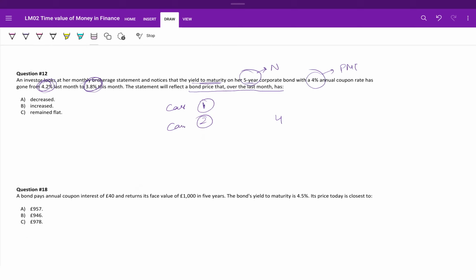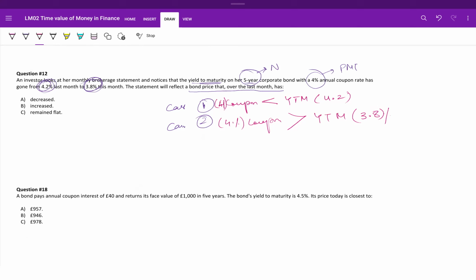Previously, the coupon was less than the yield to maturity. So here the yield to maturity was 4.2 and the coupon was 4%. Now the coupon is greater, and the YTM has actually decreased to 3.8%. So when we look at this question,